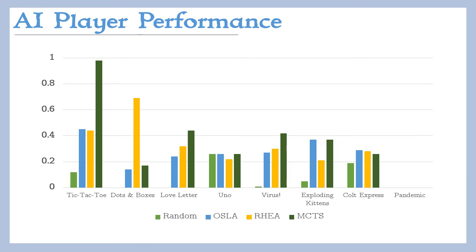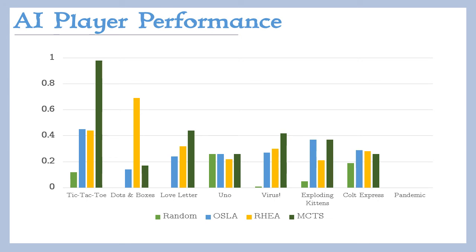Results generally indicated MCTS to be the best agent, with the highest win rate in 5 out of 7 competitive games, that's excluding Pandemic, and an overall win rate of 41% in these games. OSLA also appears to beat RHEA in some of the games, which is potentially due to the large uncertainty built up in RHEA's rigid sequences of actions, as opposed to the more flexible game trees of MCTS, with the greedy approach appearing to be preferable in some games, especially those simple enough or with a heuristic function accurate enough,